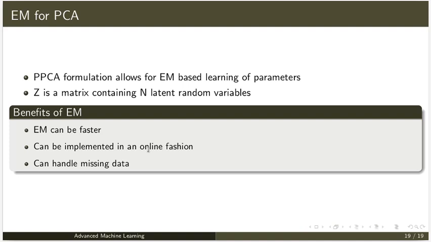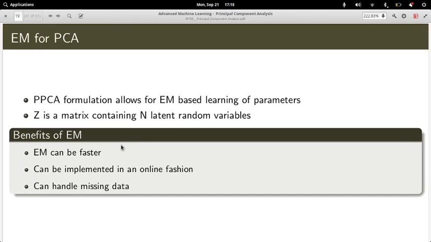That means as data comes in, you can control your EM in such a way that the solution keeps getting updated. EM can also handle missing data, so that's another benefit of using EM. So that's about principal component analysis and probabilistic principal component analysis. Thank you.